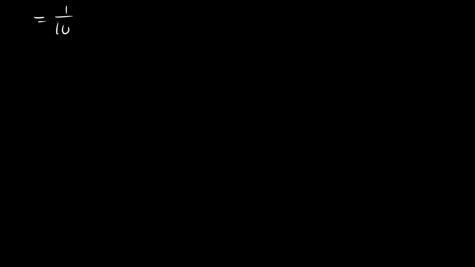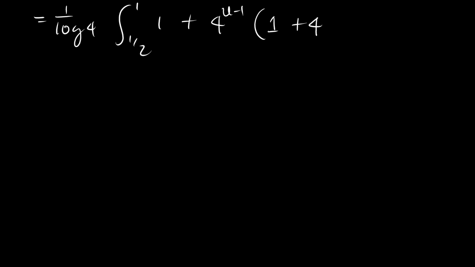Let's rewrite what we got. So we have this problem in the u domain of 1 plus 4 to the u minus 1, open bracket, 1 plus 4 to the power 4 to the u minus 1, and so on. We realize that this is